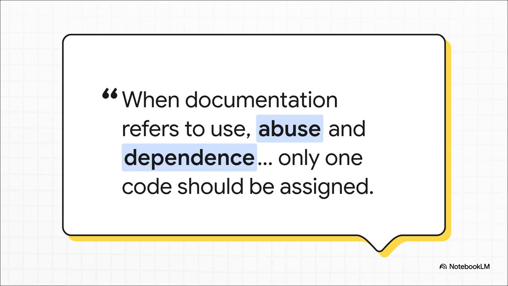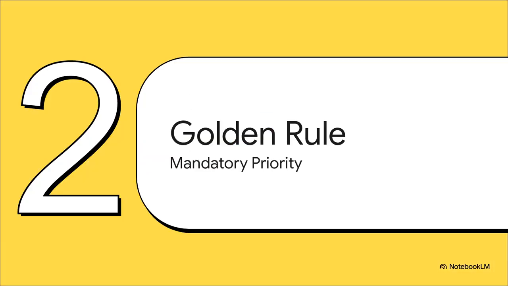But the CMS guidelines strictly forbid reporting multiple codes to identify the pattern of use for the exact same substance. You literally cannot report use, abuse, and dependence together on the same claim. The rule says only one code should be assigned. But how in the world do you choose the right one? That brings us right to Section 2, the hierarchy golden rule, or what I like to call the mandatory priority